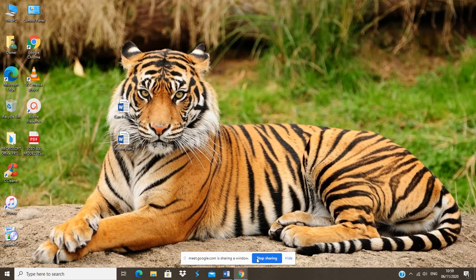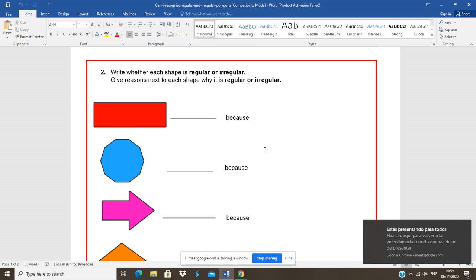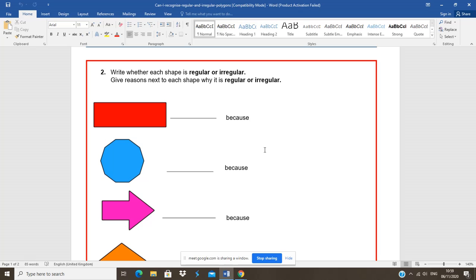It's irregular, yes. Why is it irregular? Because the sides are different. Sides are different, yes. It has 2 sides that are longer and 2 sides that are shorter, okay? So it is an irregular